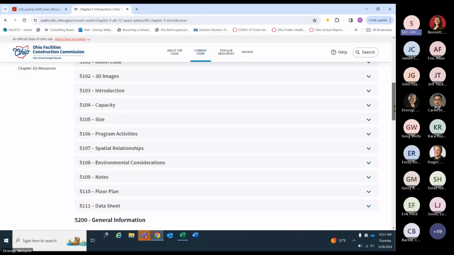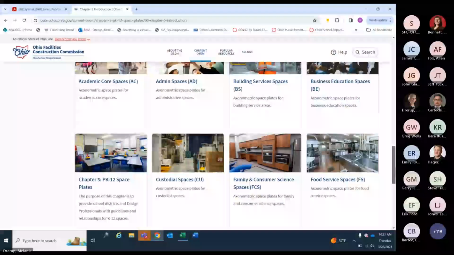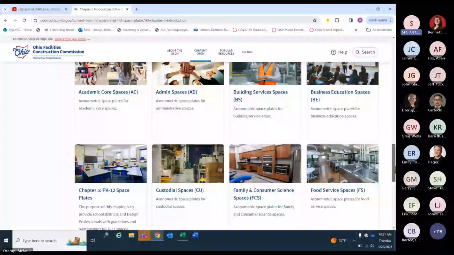The chapter organization provides information on what the user can expect to find on the space plates, which include a 3D image, floor plan, and a data sheet, which lists all the material requirements. Cards or links are provided at the bottom of this page for all space plates.